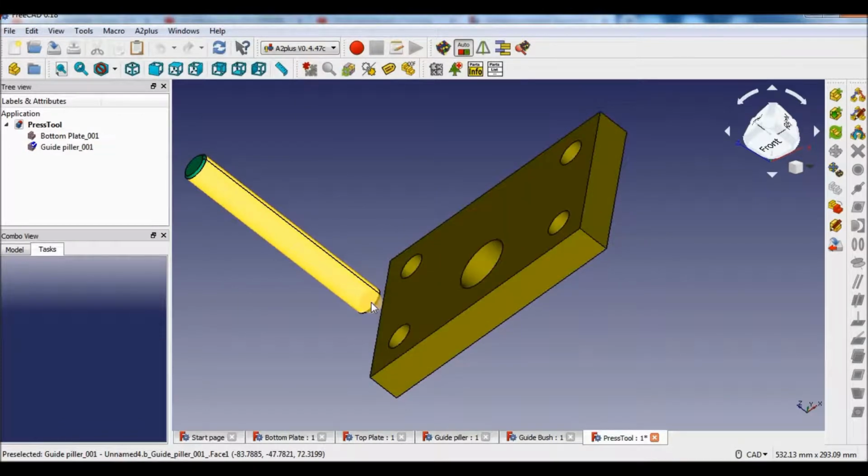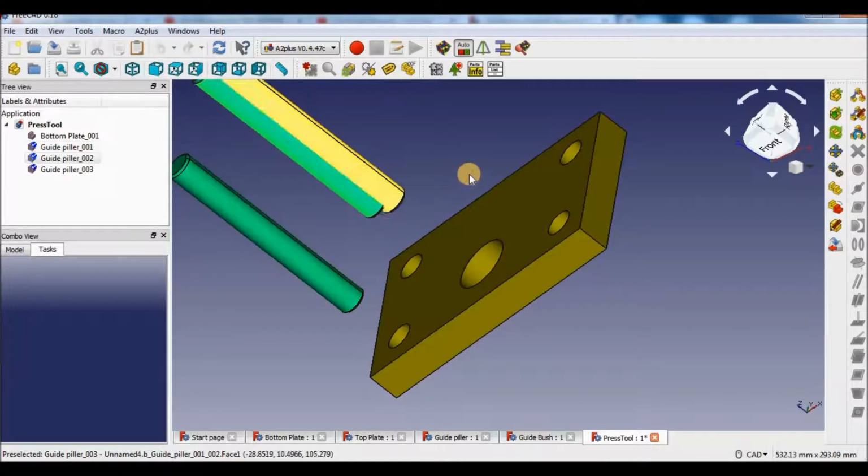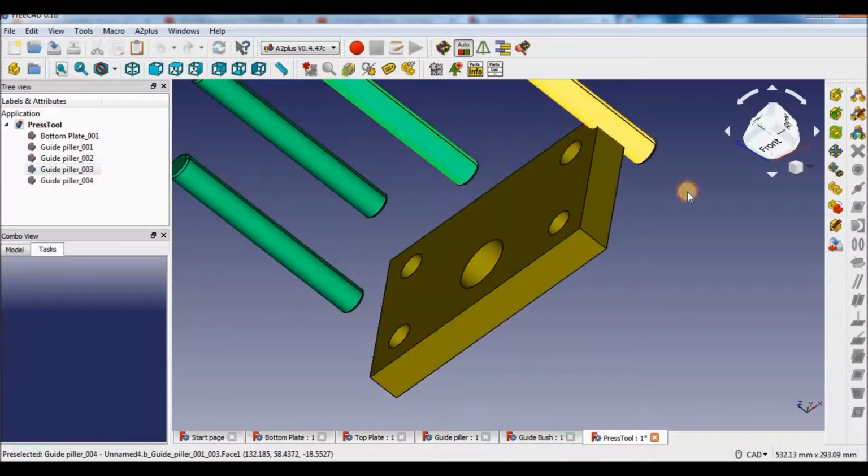If you want same part number of times, then press shift and just click at the different portions, and 4. So as you can see, there are 4 pillars. We will constrain the axis and surface of those 4 pillars to the bottom plate.